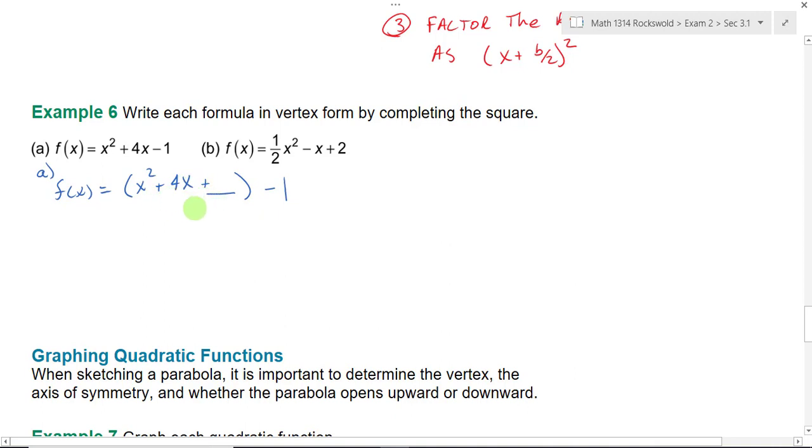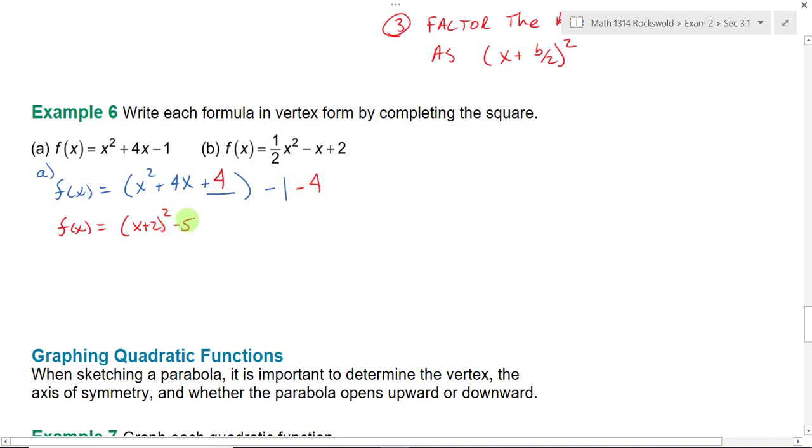What is b in this problem? B is 4, so half of that is 2, and then I square that and I get 4. So I'm going to add a 4 here, but if I add a 4 to have a net gain of 0, I also need to come along and subtract a 4. Do you see how the net gain here is 0? But now that guarantees that this will factor into x plus 2 squared, and then I just combine these two